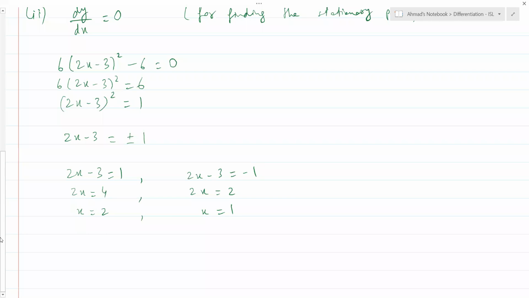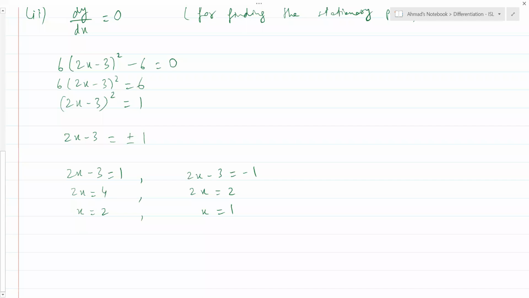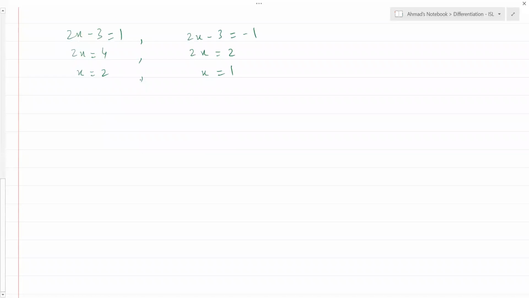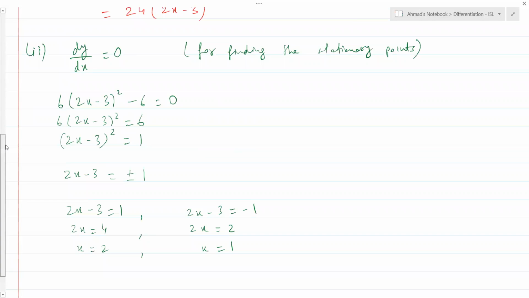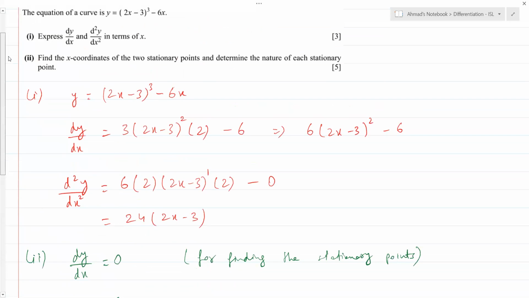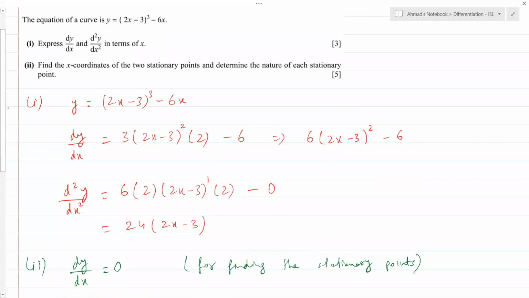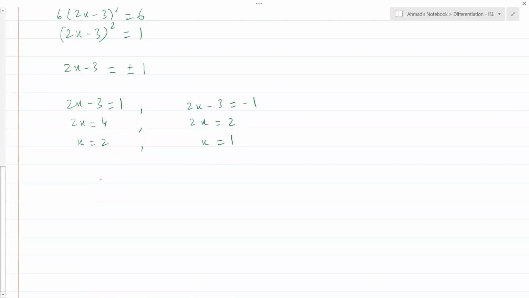All right. What else do we need to do here? We need to find the nature of each stationary point. What do we do for that? Nature कैसे find करते हैं points की? सर इसका इंक्रीजिंग या डिक्रीजिंग ग्रेडियंट देखना है. या so आप सेकंड डेरिवेटिव फाइंड करते हैं. नेचर के लिए आप हमेशा क्या करते हो? सेकंड डेरिवेटिव को देखते हो. सेकंड डेरिवेटिव हमारे पास क्या था? That was d2y over dx square equal to